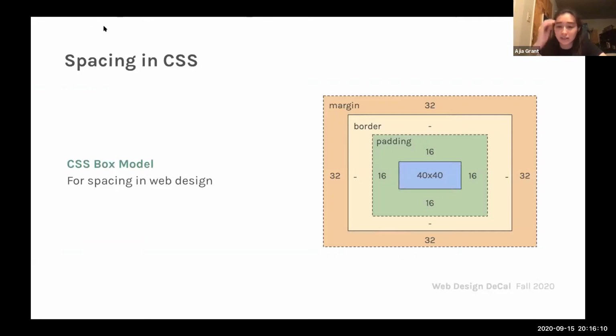Here, it's an example of how you would pick the spacing in between. So it's supposed to be like 16 pixels and 32 pixels. We'll be covering the box model more next week, so it's totally okay for you to not completely understand this. But yeah, you don't need to worry about these exact numbers pretty much at all.